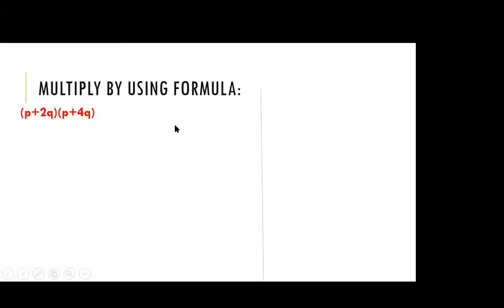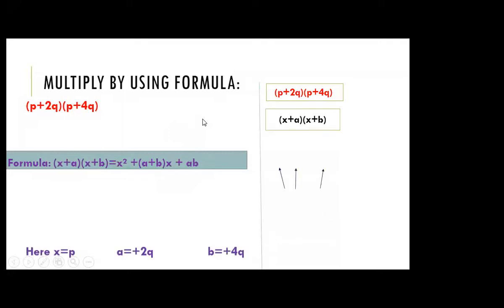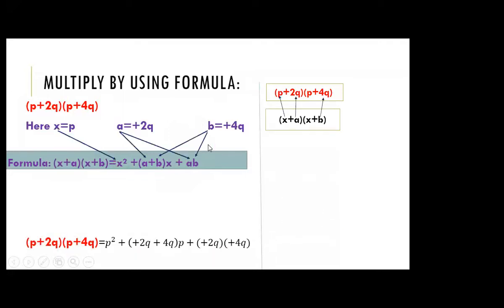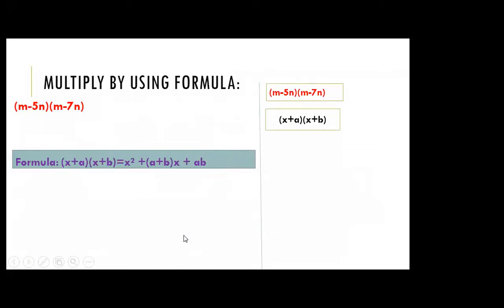Thank you so much. So let's continue with our slides. Here I have already explained this question, and now in the slides you can also see that we have to add these second terms and we have to multiply the third term, and in the third term, when q and q is there, we get q square. We have also solved this question together.